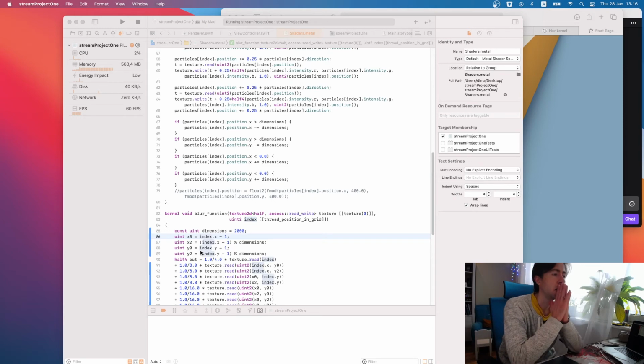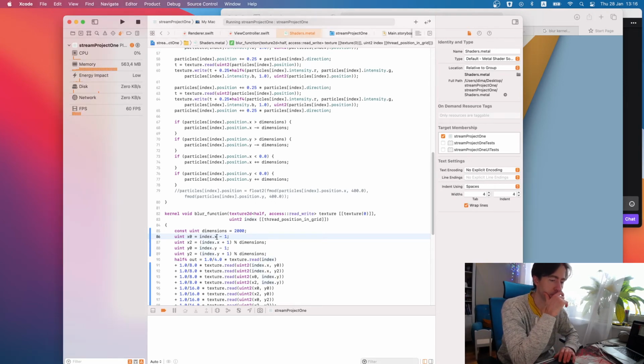Actually, the question is what to do with negative numbers. If we have here index at 0 and we got -1, we need 1999 as a result.